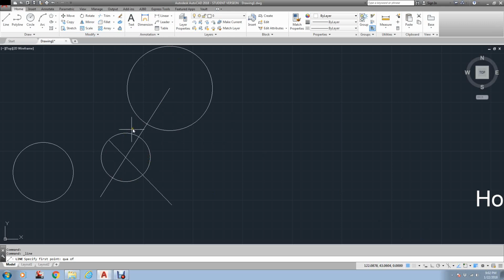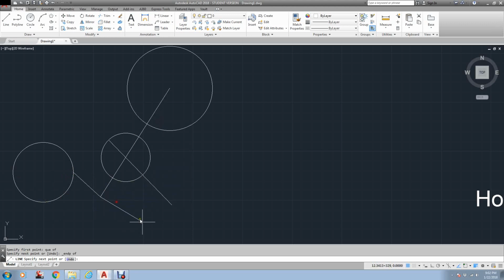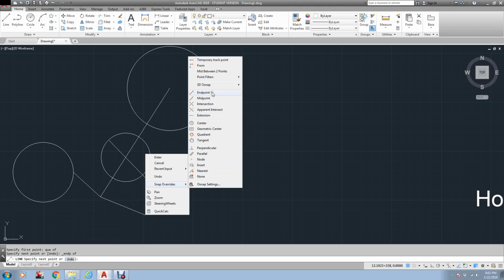Once you become a little bit more comfortable with those snaps, if you want to turn these on, that's fine, but I would rather you didn't. See here, I can pick one of these quadrants. Let's just say I pick here, and then I want to go to the end of this line. I can just right click, snap overrides. If you don't want to type it, find endpoint, and there I can right click, snap overrides, endpoint,